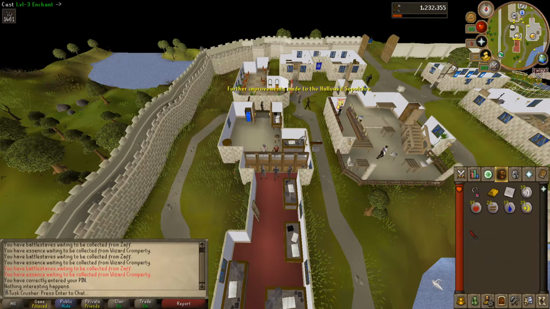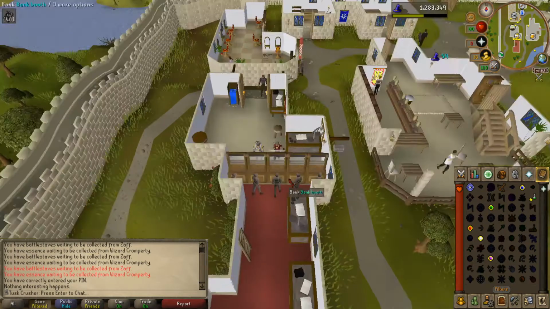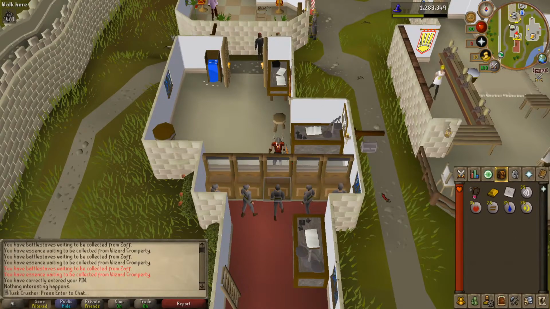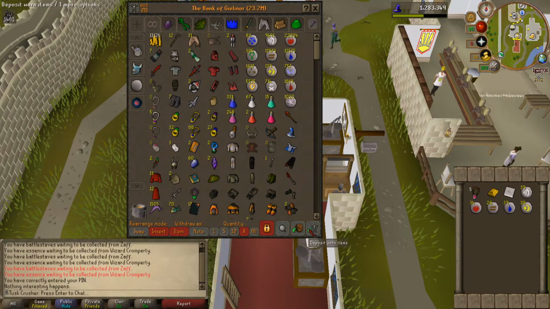Alright, so I'm going to go straight to level 3. Yeah, I got it. Alright, there we go. So I have 5 uses. That's more than enough. So I'm just going to go ahead and bank all my stuff and do a few